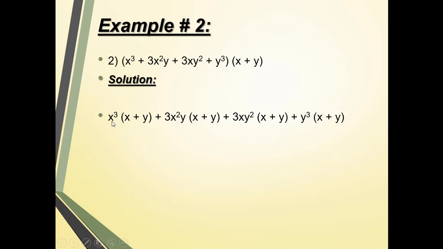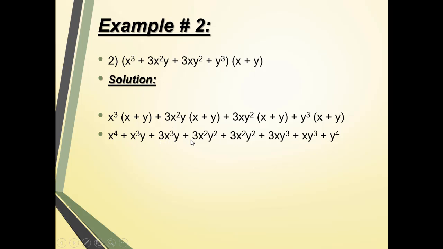These two x's belong to the same family, so we need to add the powers. So 3 plus 1 will become 4. Then we have a positive sign. Then x cube when multiplied by y, we will get the answer x cube y. Similarly, plus is plus, and 3x square y will multiply with x first, so x square and x with power 1 will become x cube, so the value will become 3x cube y.